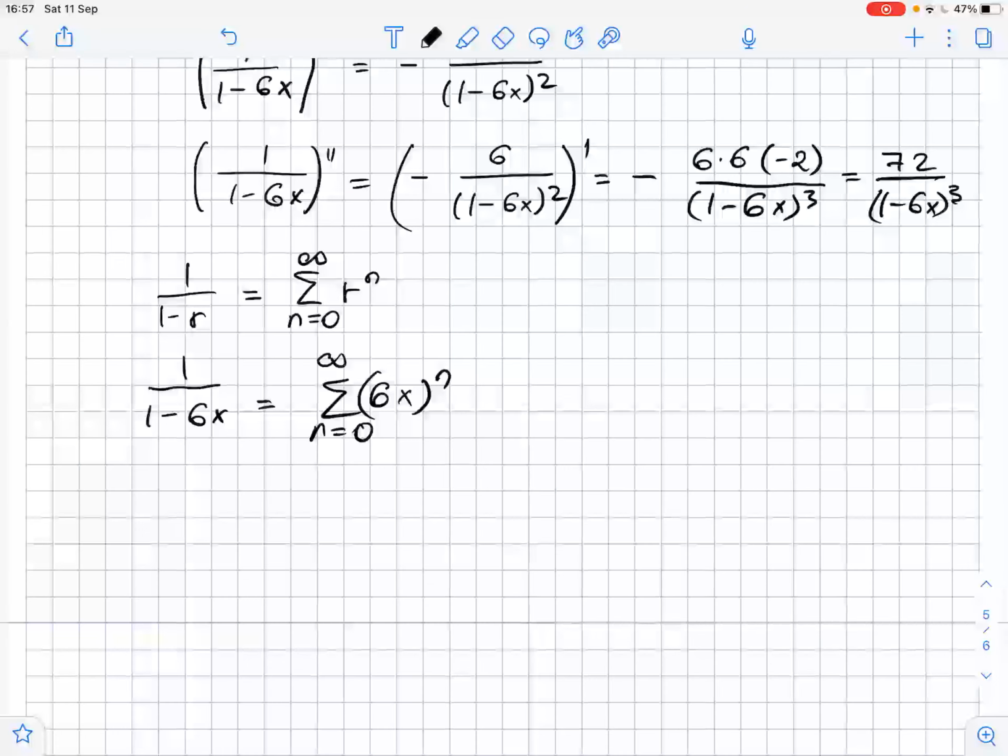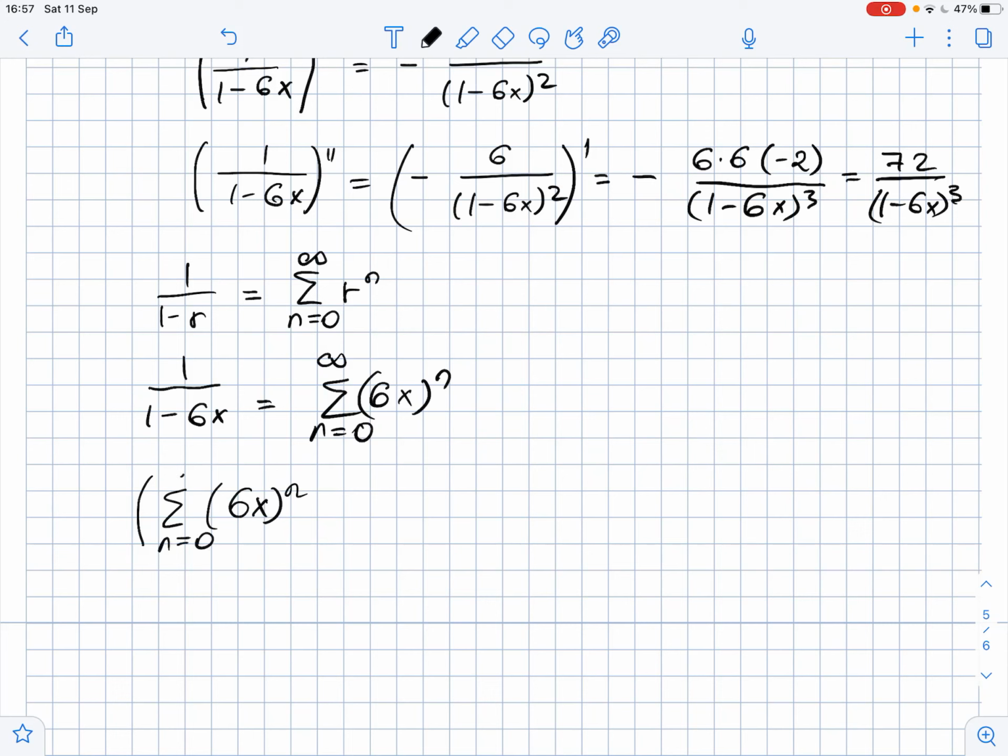So now we twice differentiate, and we get that the sum of (6x) to the power of n goes from 0 to infinity, and we take the derivative of this. This equals the sum of 6 to the power of n times x to the power of n minus 1 times n